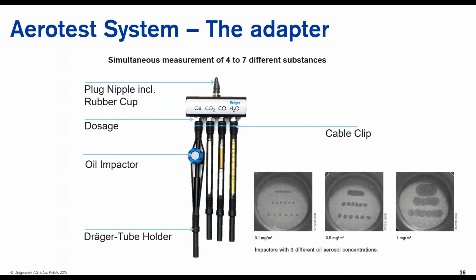So for example, if you are taking a measurement for air quality in the recharging system for, say, 5 minutes, during these 5 minutes this adapter provides the required volume to the tube itself to ensure that the measurement can take place after 5 minutes. You can read correctly based on the contaminations, if any occur.